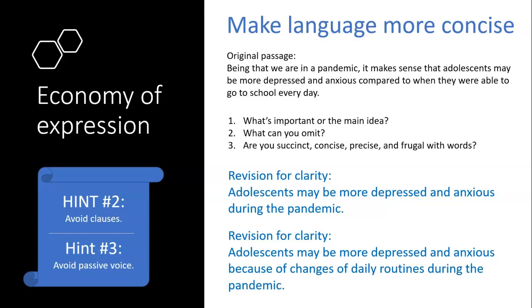And then avoid passive voice. And in the example here, when it starts, any ing verb kind of is a signal, not always, but is a signal that it could be in passive voice. So think about how you could rewrite that so it's not in passive voice, so that your verbs are ending in ed if it's in past tense or in present tense. But making sure that you're not using that ing form. So being that we're in a pandemic, that's a passive voice. So the way you can change that is to see if you can change the voice of that statement altogether.